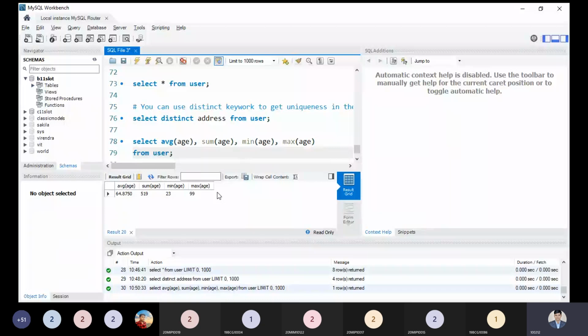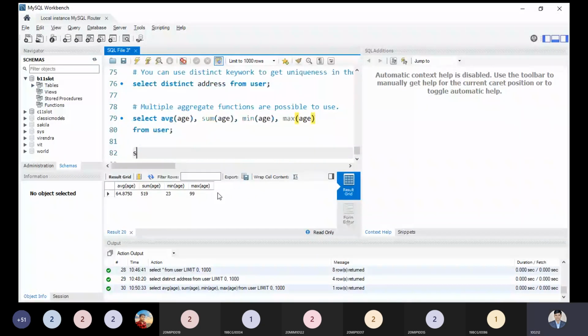Multiple aggregate functions are possible to use. This is the beauty of the database.